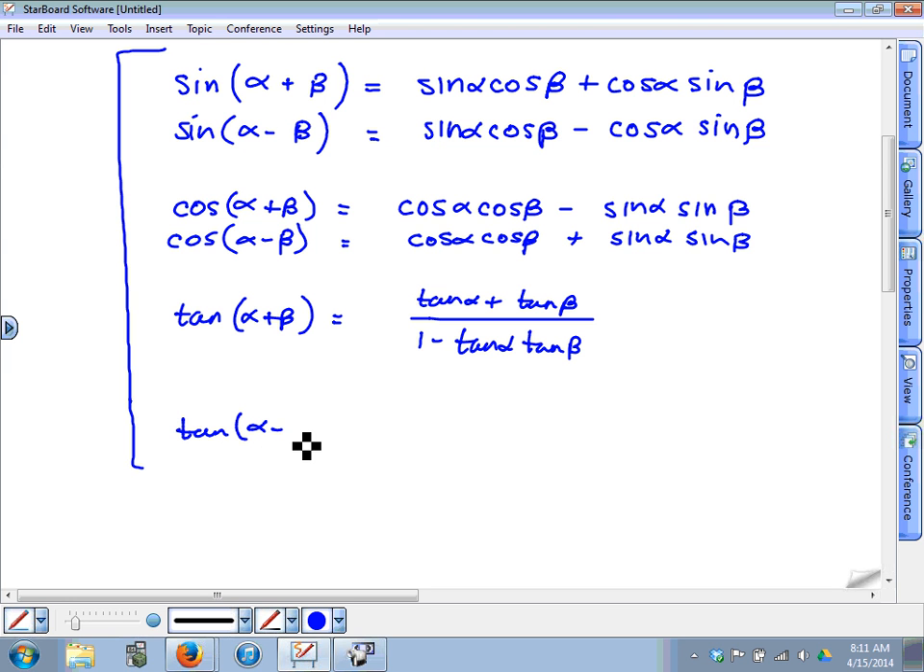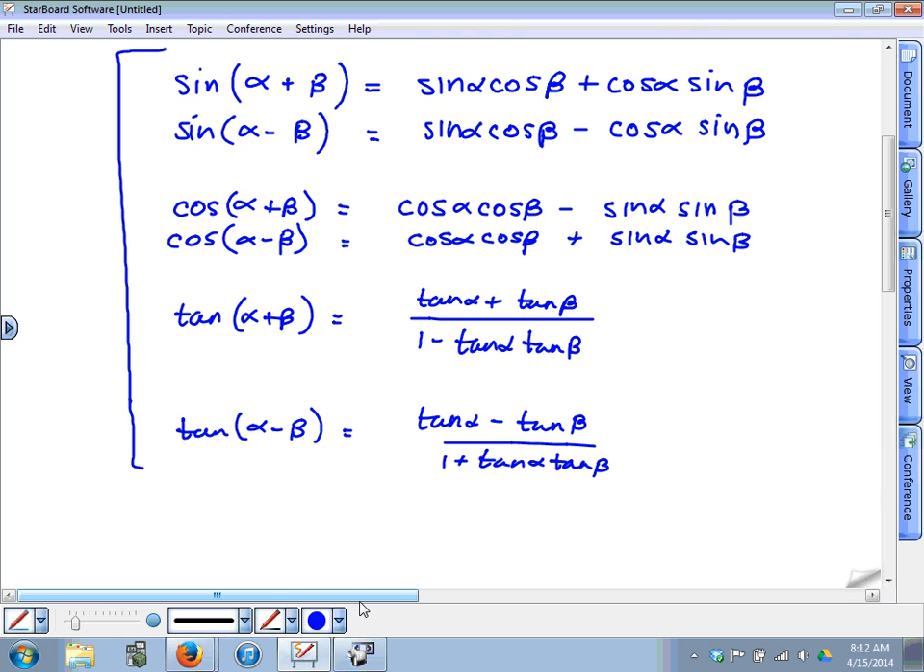All right, last one. Tangent of alpha minus beta. If you're a good pattern recognizer, it's almost exactly the same as this. What do you think the difference is going to be? It's going to be a minus on top and a plus on the bottom. So it's tangent of alpha minus tangent of beta divided by 1 plus tangent of alpha tangent of beta. These are the 6 sum